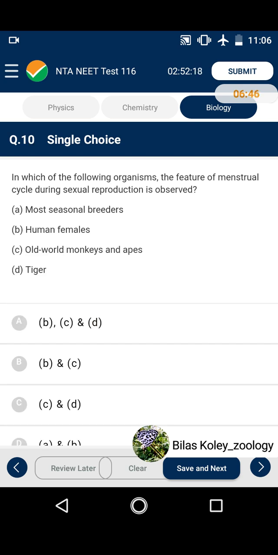Now question number 10. In which of the following organisms is the feature of menstrual cycle during sexual reproduction observed? And the options are most seasonal breeders, human females, old world monkeys and apes, and tigers. And now the right option should be in this question